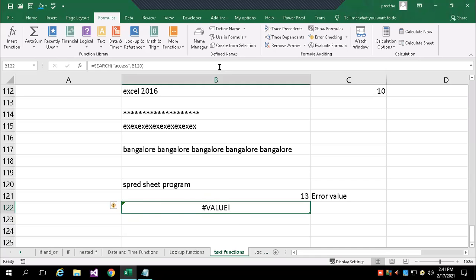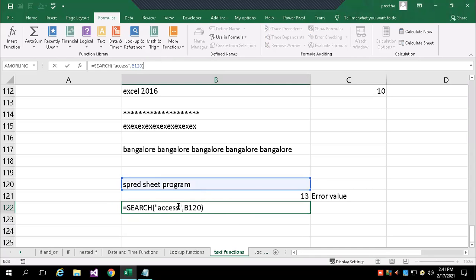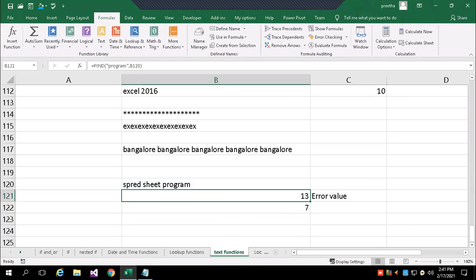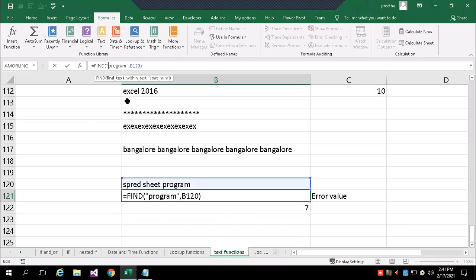I'll tell you. I write here sheet in capital letter, and there sheet is in small letter. Now this is not case sensitive, whereas this is case sensitive. How do I prove it? I just change at least one letter to capital.